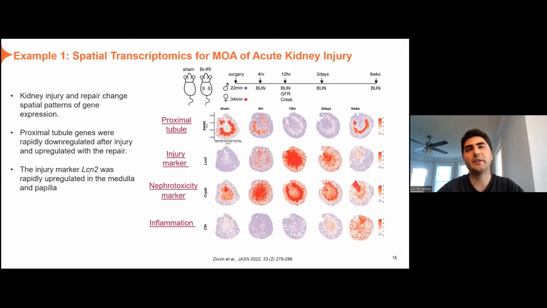But I want to mention that these examples are scratching the surface. They are the first works, and there is a lot of work that needs to be done in this area. The first example is